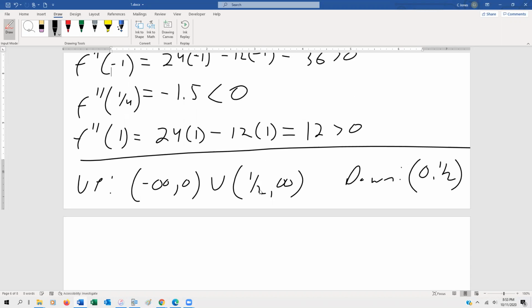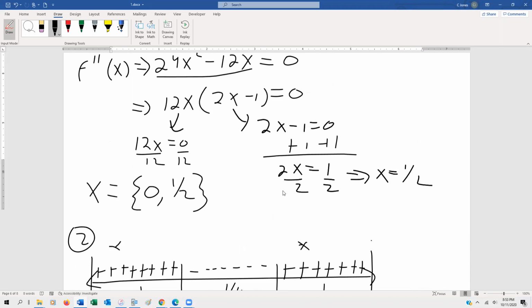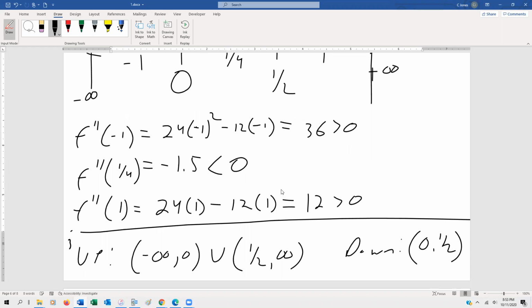Hopefully that makes sense. We're doing the exact same thing that we just did for the first derivative test, except now we're using the second derivative test. By the way, this is step 3, where we're interpreting the sign chart. We'll take a look at one last example, which is using a transcendental function and trying to use this second derivative test to determine concavity with